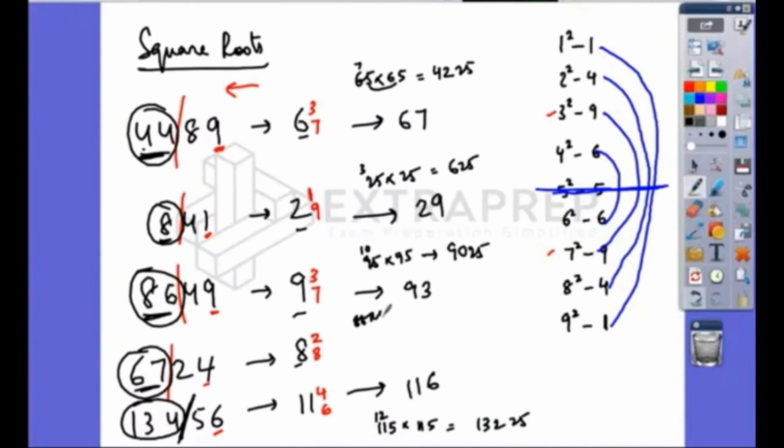Similarly, here it's 85 into 85. 8 9s are 72, 25. It's lesser. So the answer is 82. Is that understood? So from the right hand side, after two places, you will put a bar, and left side of the bar, by finding the square root of the perfect square number beneath that, you can find the tens digit. By looking at the units digit, you will have two possibilities for the units place. You will use the shortcut that I gave you to determine which of them is the answer.